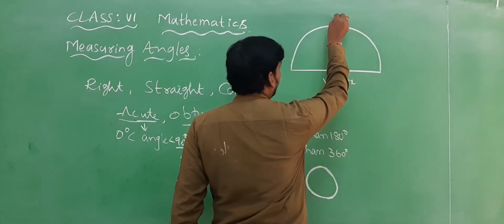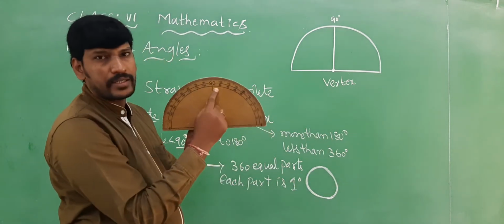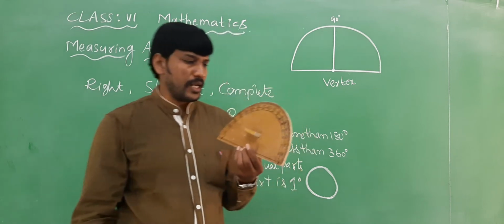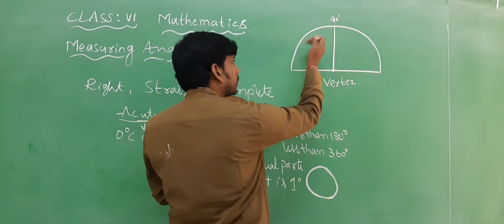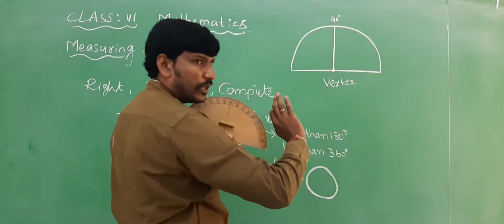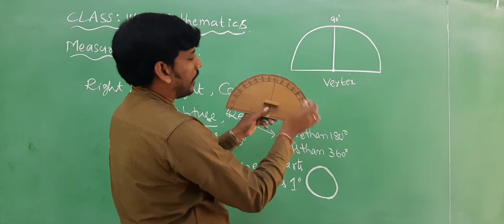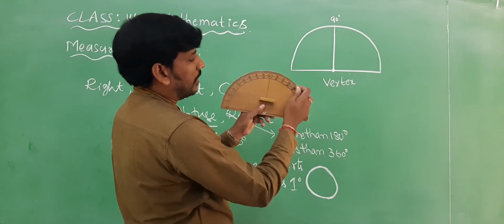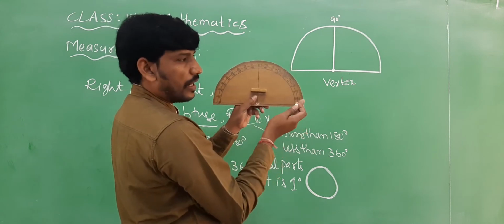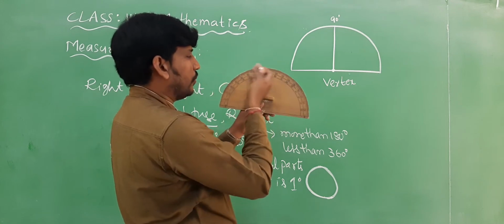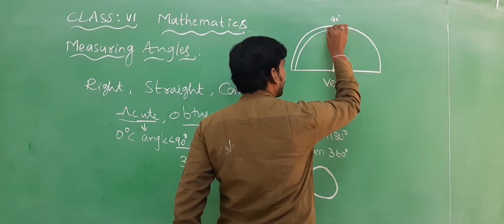Exactly this line is 90 degrees. Just observe, this is 90 degrees. Clear, children? Below 90 you will have acute angles, above 90 it is obtuse angles. Here there are two circles. At the top you have all the lines. Below the lines you have, from the left-hand side, 0 to 180 degrees, and on the right-hand side, in the second line, 0 to 180. Here I am going to draw one more line so you can understand very easily.